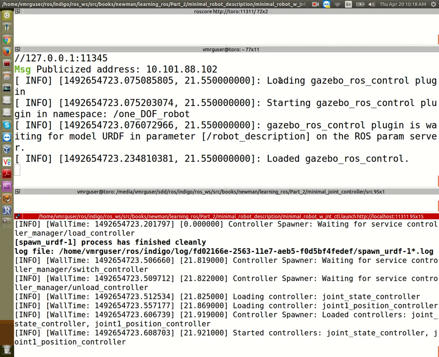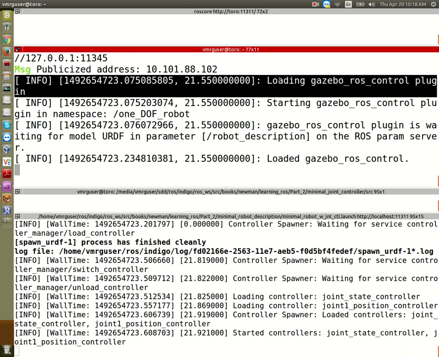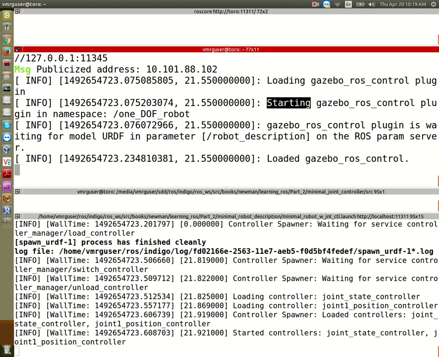Okay, so here, loading gazebo_ros_control plugin. Yeah, loading the plugin. As soon as we had that from the launch file. Then, after you load, starting gazebo_ros_control plugin in namespace 1dof_robot. Okay? So you load it and then you start it. gazebo_ros_control plugin is waiting for model URDF in parameter robot_description on the ROS parameter server. And we provided that and then loaded gazebo_ros_control. That's what's going to control the robot. Then down here,